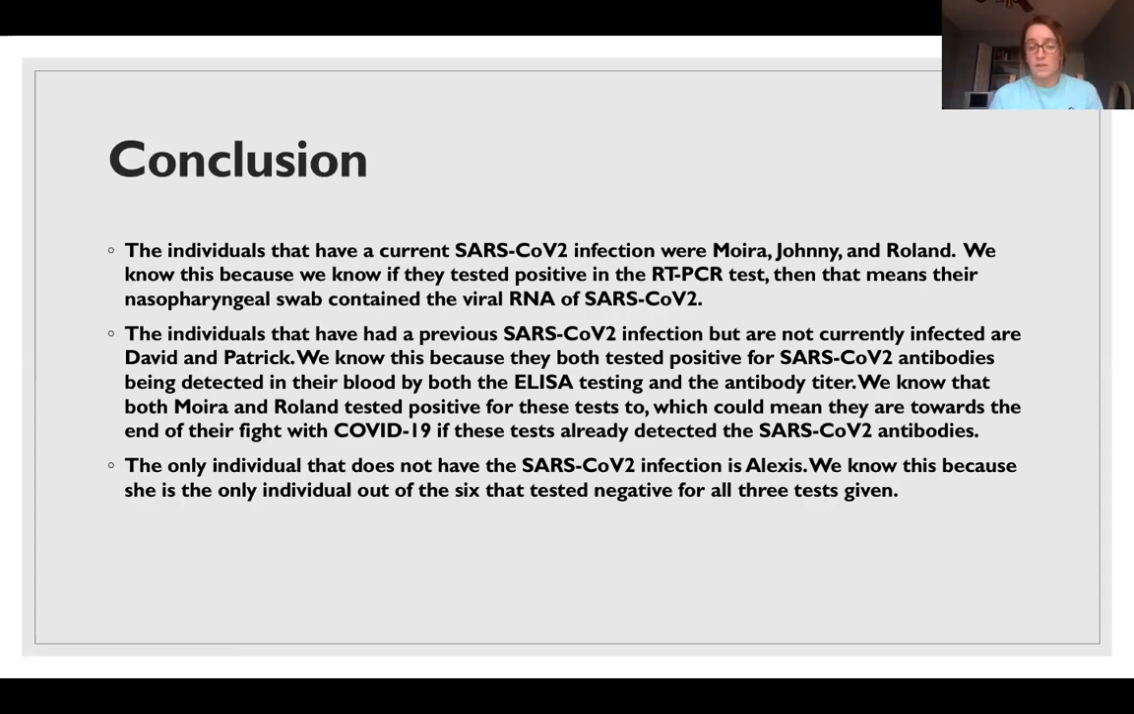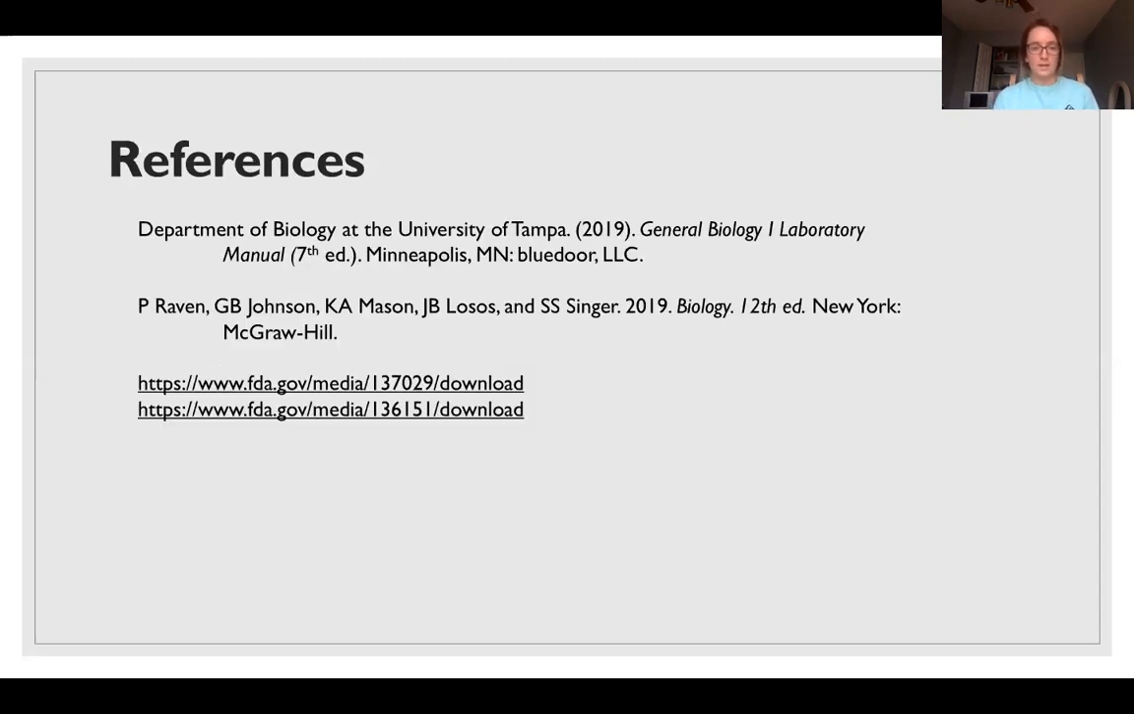So the only individual that did not have SARS-CoV-2 infection yet, we know to be Alexis, because she's the only individual out of all 6 of them who tested negative for all 3 of the tests given. So that's about it, and those are my